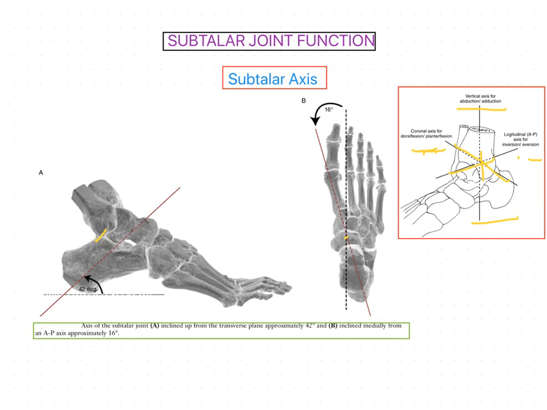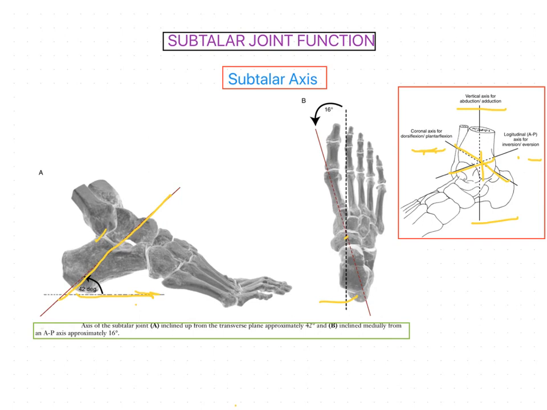If you can see, this is the lateral view of the foot. See how this axis is passing. This axis is inclined 42 degrees upwards from the transverse plane, so it is moving upwards and anteriorly. In this superior view, you can see this axis moving anteriorly,